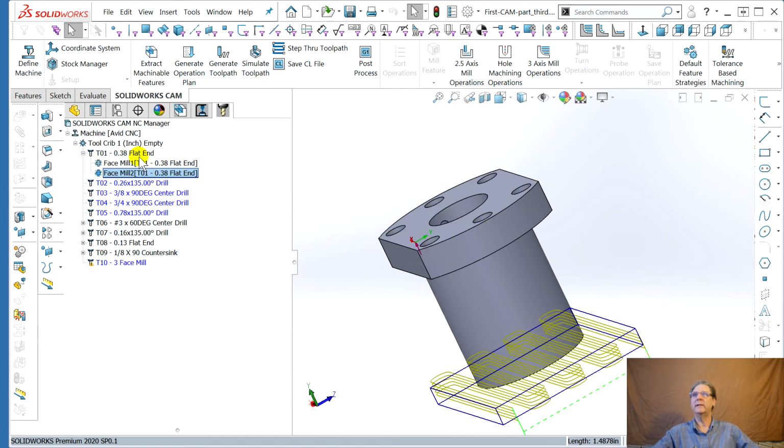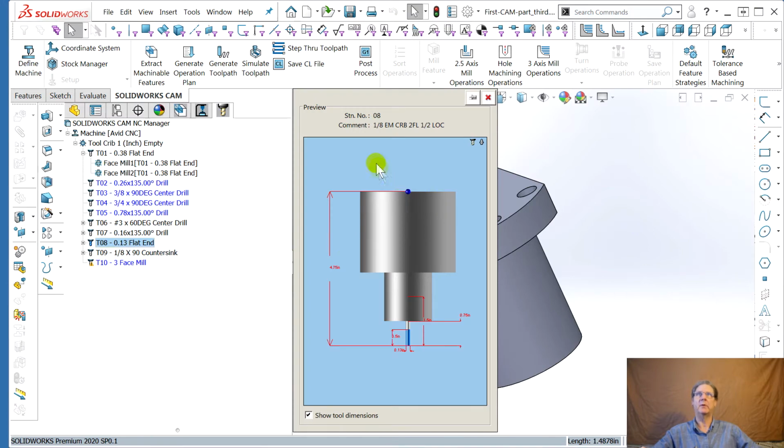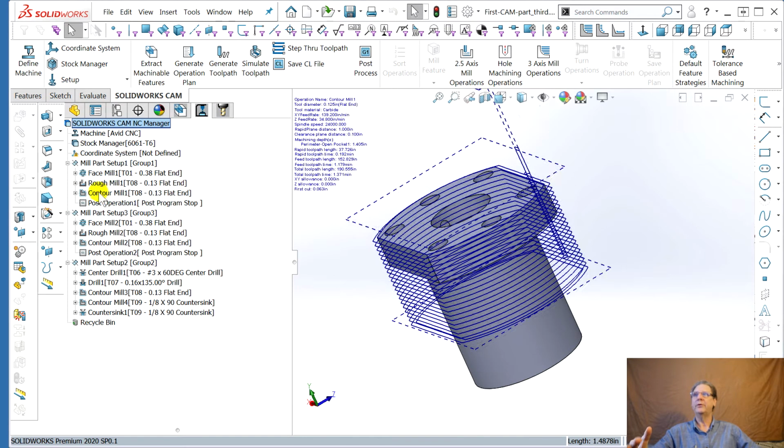This is what's pretty cool, right? This is when you start to love the program. Boom, automatic, did it. Then this face mill turns blue because it doesn't use those tools. Next thing is using that and this 1/8 inch end mill, we want to do the rest of the stuff. Sorry, I keep opening stuff. So we've created,